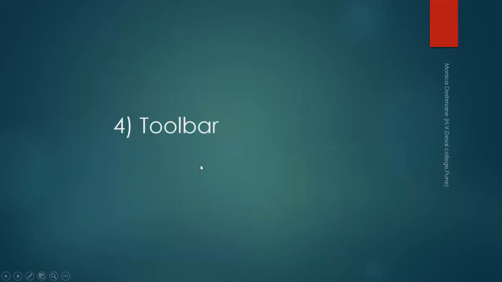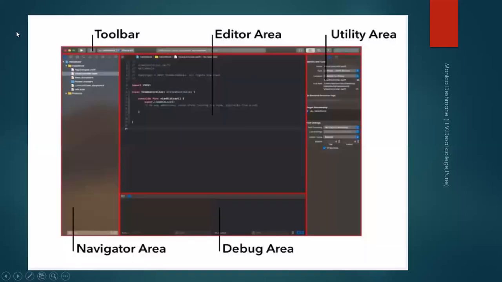Now, the fourth area of the Xcode interface, that is the toolbar. Again, recall this figure: the navigator area under which we learned 8 tools, the editor area under which we learned 3 editor types, standard editor, version editor, and assistant editor, then the utility area under which we learned the inspector pane, the inspector bar, under which again we learned file inspector, then quick help inspector.